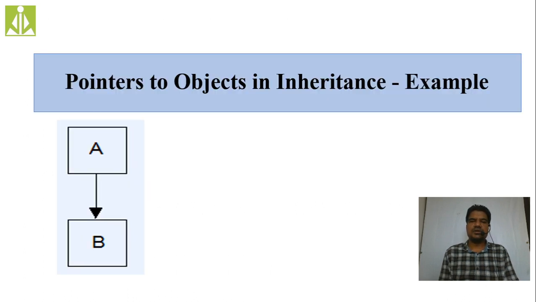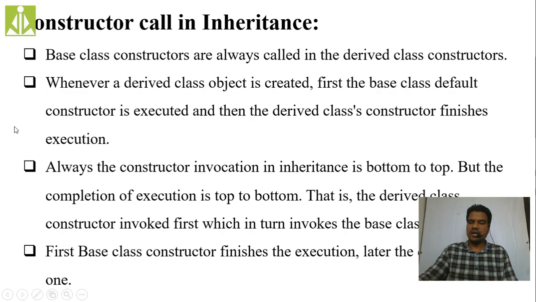Like we discussed, in inheritance basically we are going to have a base class as well as a derived class, isn't it? So if you have this type of single inheritance, here we have only one base class and only one derived class. This type of inheritance we call single inheritance, only one level from base to derived, we don't have any other class involved over here. So this type of inheritance we are calling single inheritance.